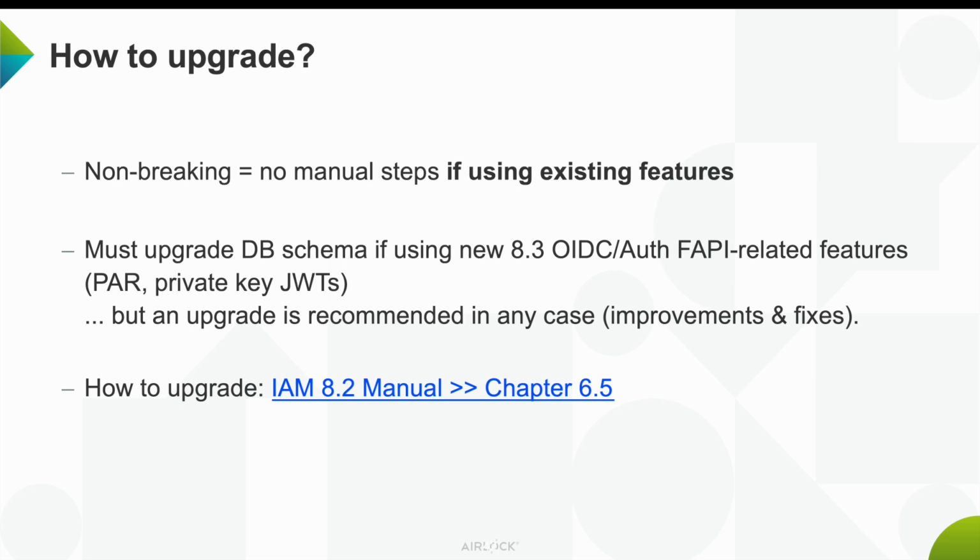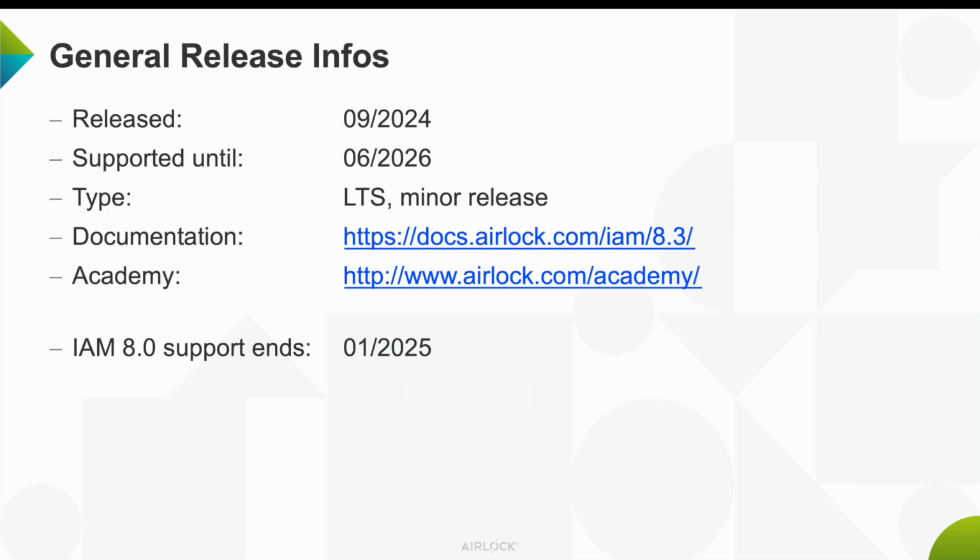How to upgrade? I would like to refer to the documentation, chapter 6.5. Then some technical data on the release. It will be supported for 21 months, as always. And it's an LTS, a long-term support release. It's a minor release. And you'll find the documentation as usual under docs.airlock.com/IAM/8.3/latest will also work. And you find information on the Academy if interested in trainings or certifications on